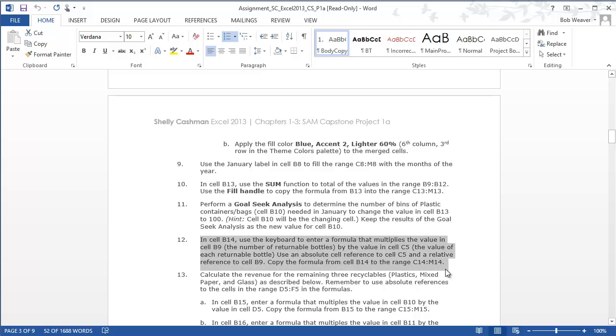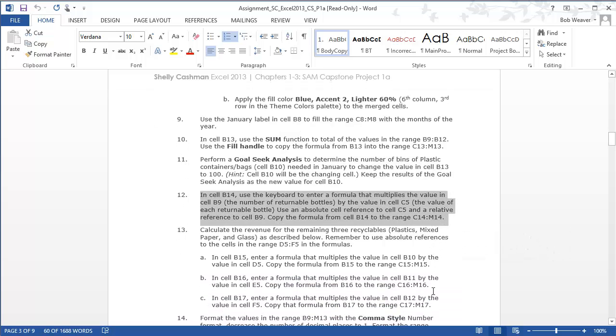Step 12. In cell B14, use the keyboard to enter a formula that multiplies the values in B9, the number of returnable bottles or bins of returnable bottles, times the value in C5, how much each bin of returnable bottles is worth, and then use an absolute cell reference to C5 and relative to B9 so that you can copy the formula across all the other 12 months. So B14 gets the formula